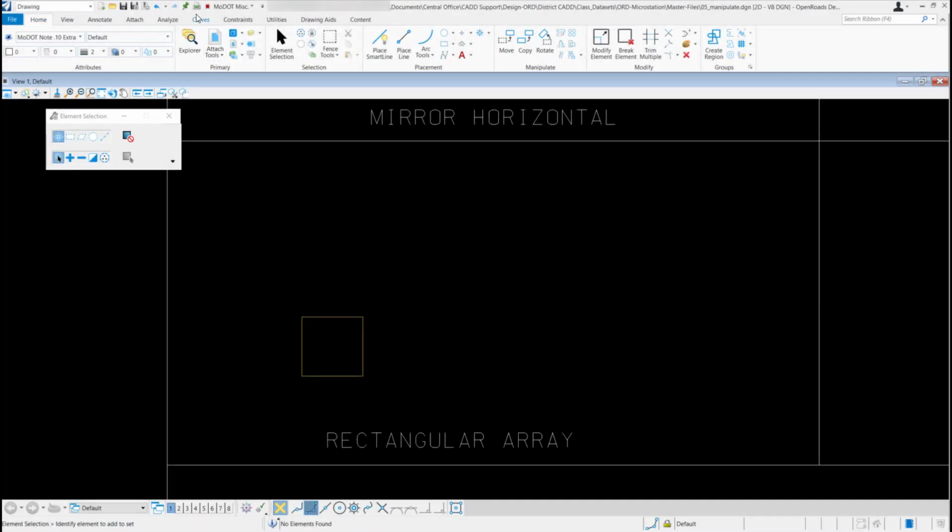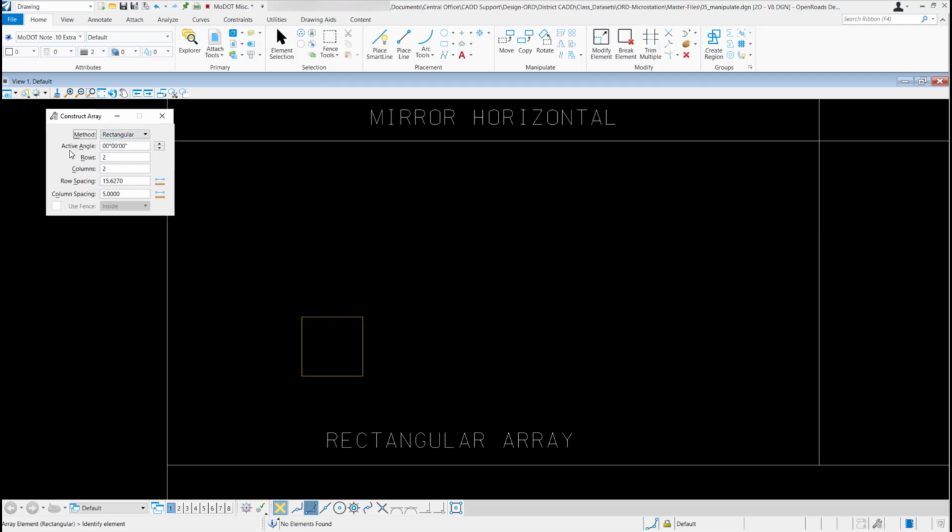The Array tool. To get to the Array tool, you go under your drawing workflow, under your home ribbon, under the manipulate group. In this very last row, the very top tool is called Array. Left click on it to accept it. Of course, here you have several different methods. You have rectangular, polar, and along path. We'll leave it set to rectangular for now.